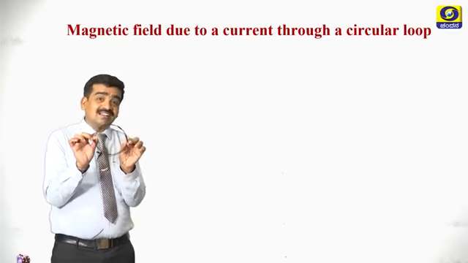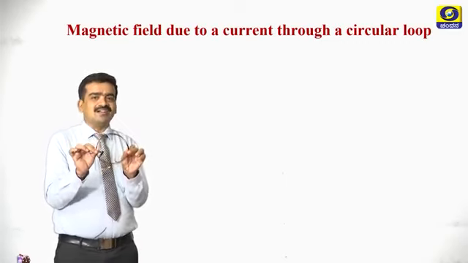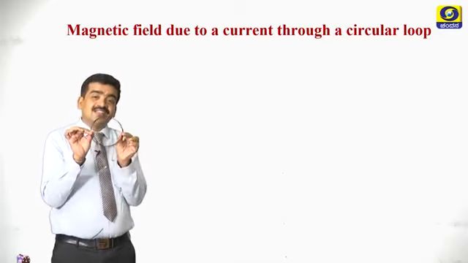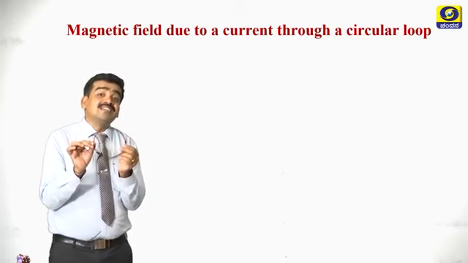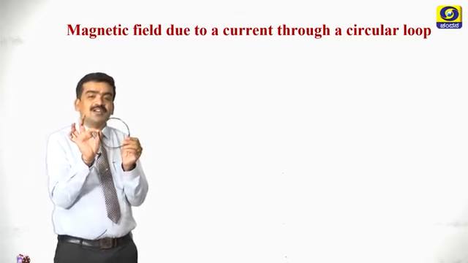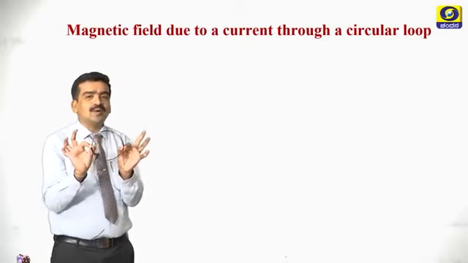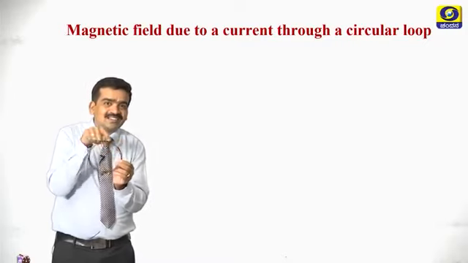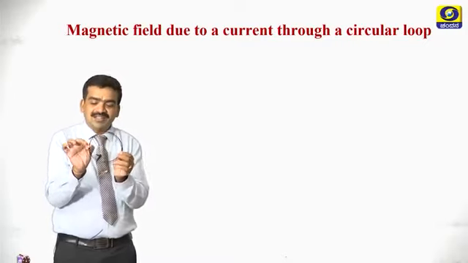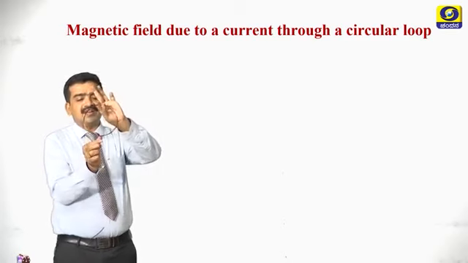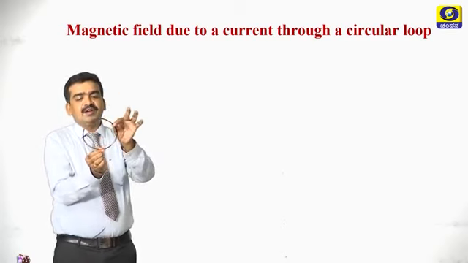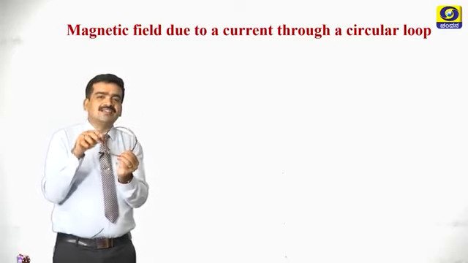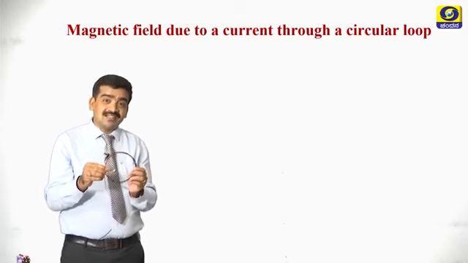If there is a current in the coil, there is a magnetic field around it. If there is a magnetic field, there are magnetic field lines. They are concentric circles at a particular point. So I am showing you 2 points. At these 2 points, magnetic field lines are circular in manner. If you consider any 2 points, there you will have magnetic field lines in circular manner, concentric circles.